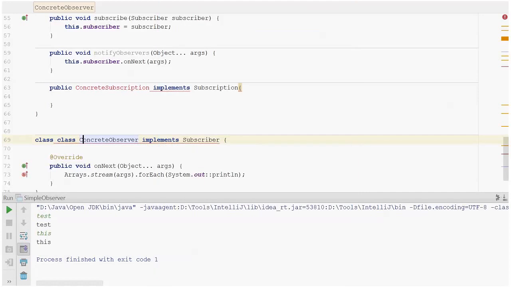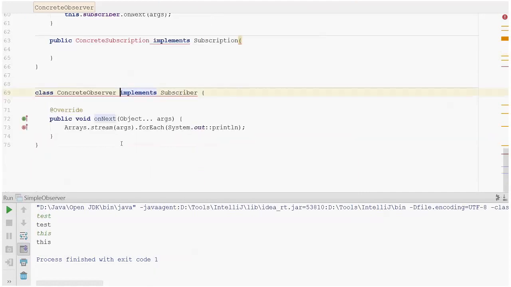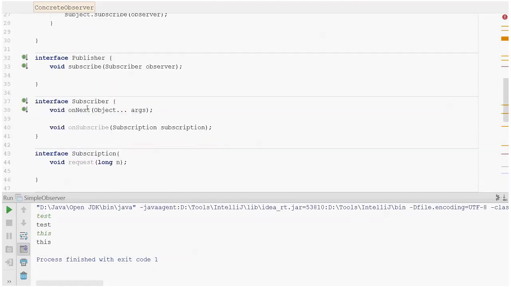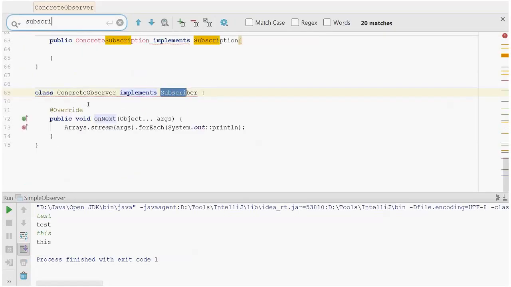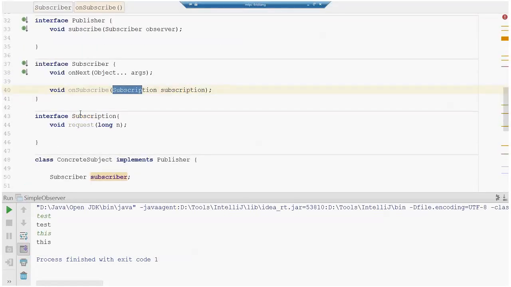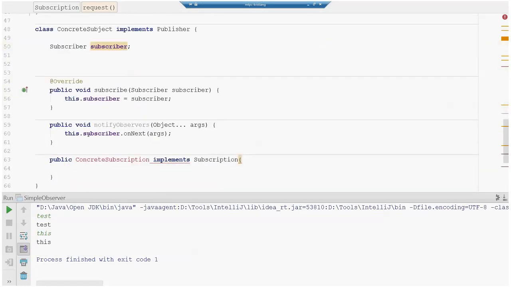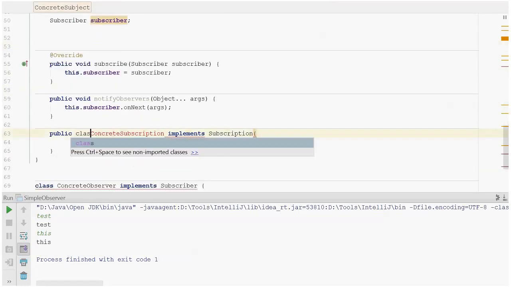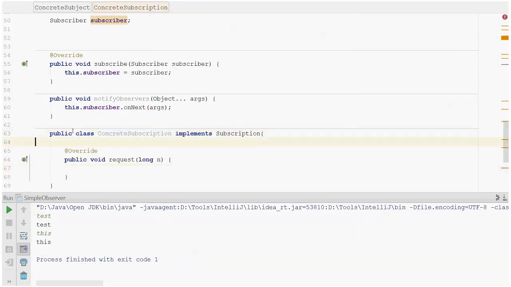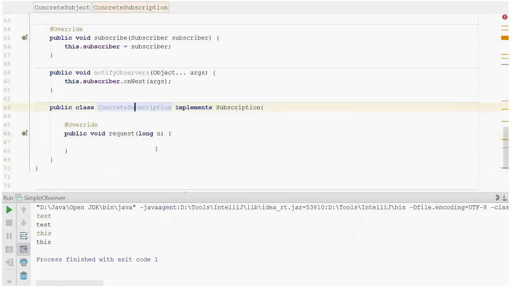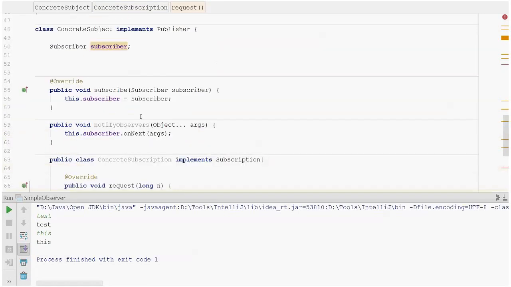Wait, I grabbed the wrong one. Subscription. Concrete subscription. Yeah. No, it doesn't matter, it's fine. Actually, I don't want it to be static, because what we're going to do is create